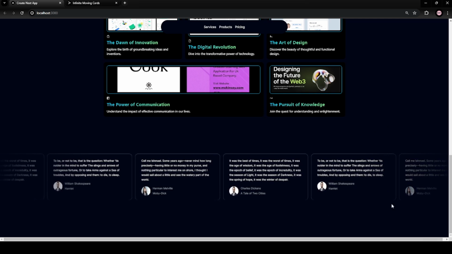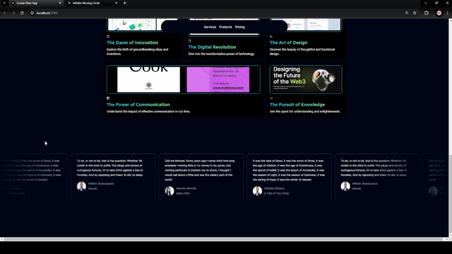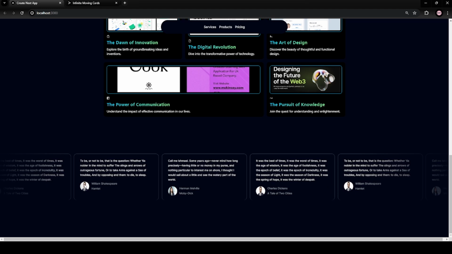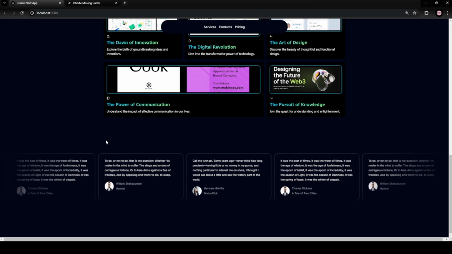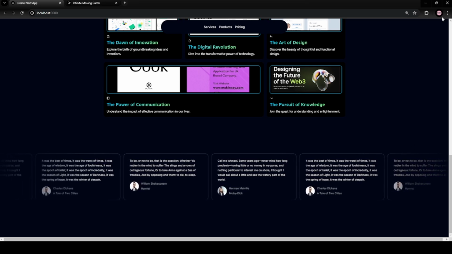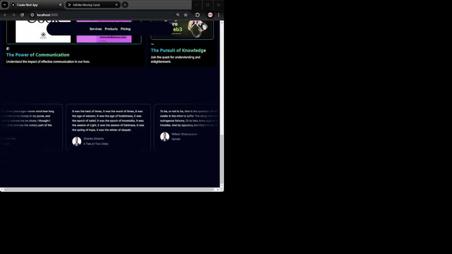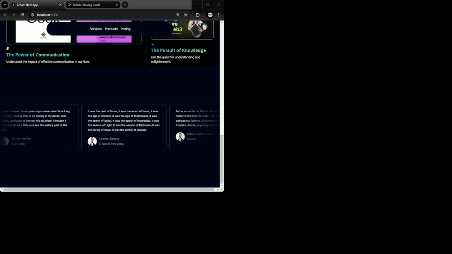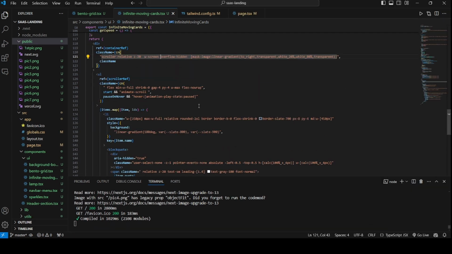So you must have seen there was actually some gap here. All those cards were moving from this end to this end, and here there was a shadow effect. So we were only seeing the space between these. By doing w-screen, I gave the whole width of the entire screen. So coming back to my VS Code,